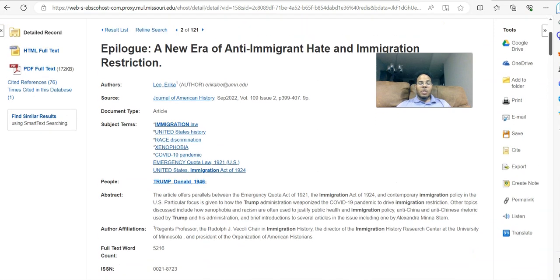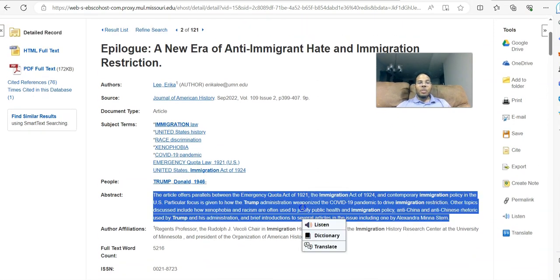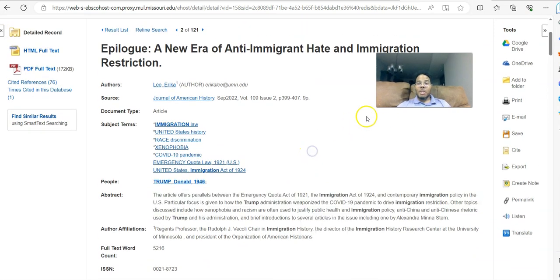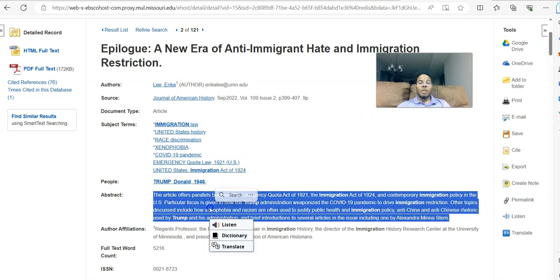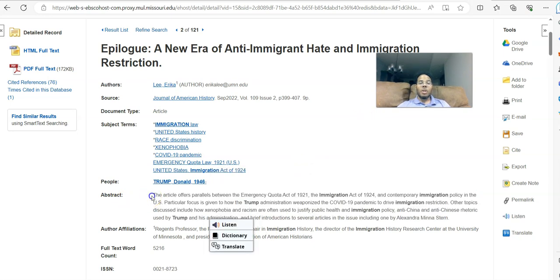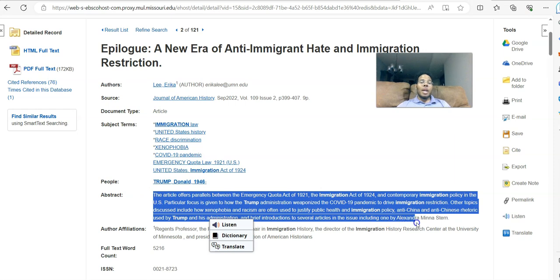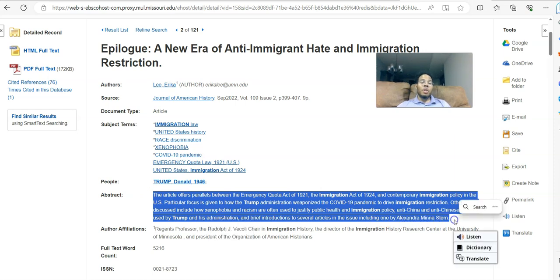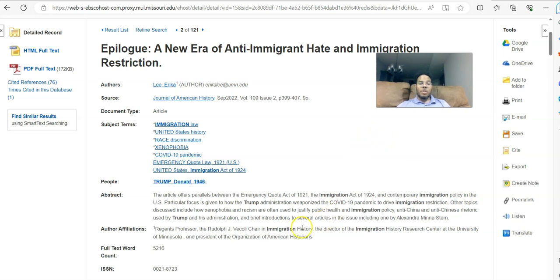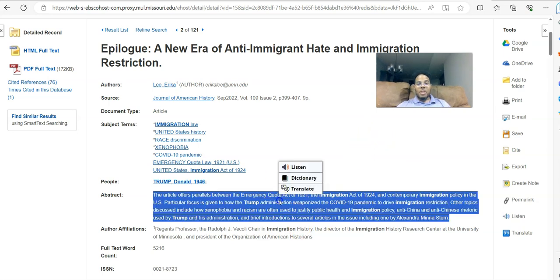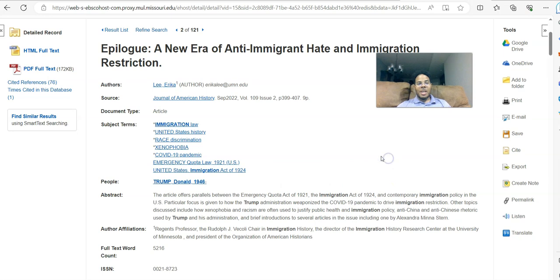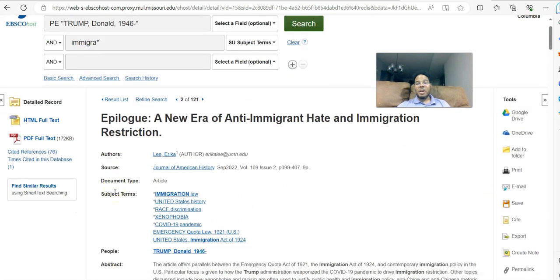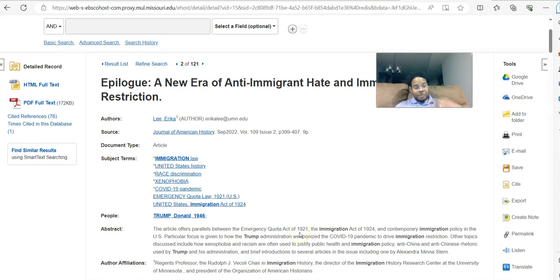Okay. But let's go back up here. Before you even start reading, because again, some things can be, as you just saw, 56 pages, one thing you want to do is look at the abstract. An abstract is typically a 1 to 3 paragraph summary of what the article is about. If you look at that abstract and things look good, then this is something you may want to save and have for later,